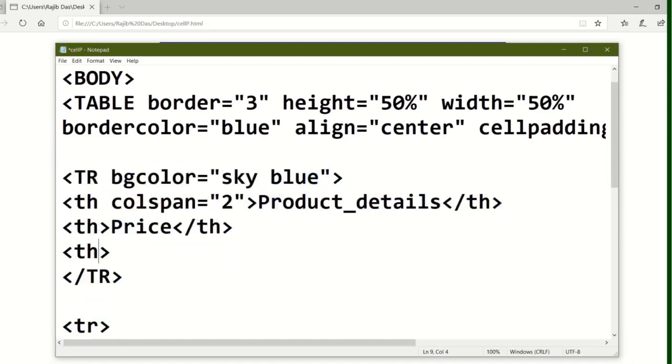In the third th, I am writing rowspan equals 2.